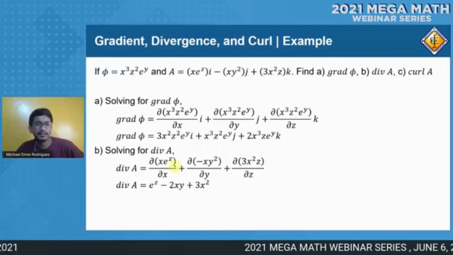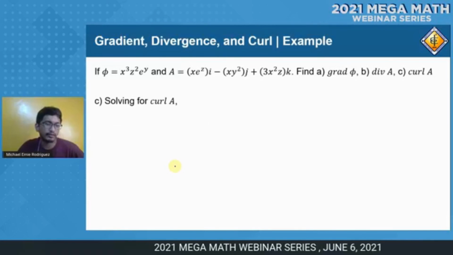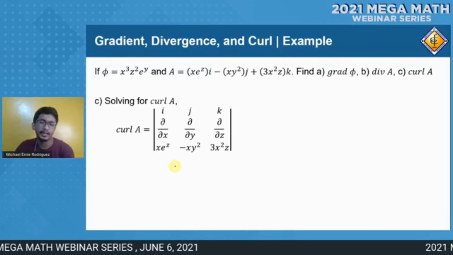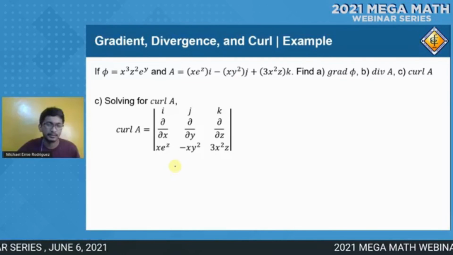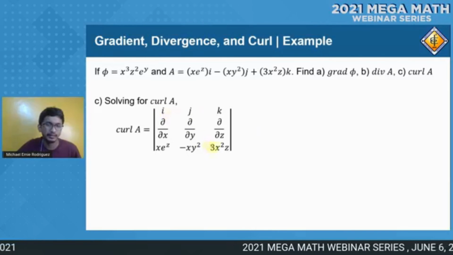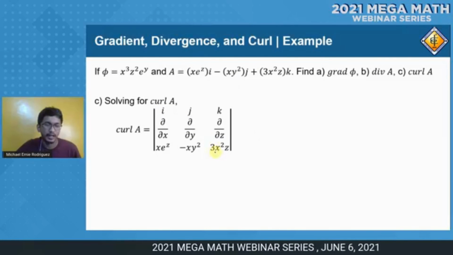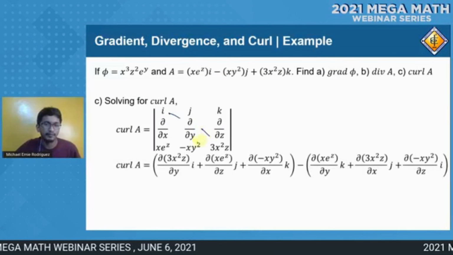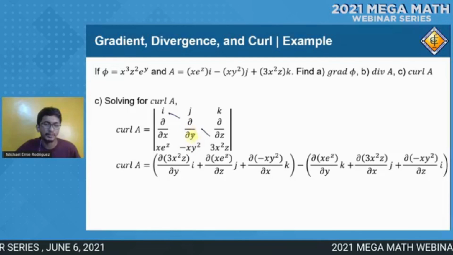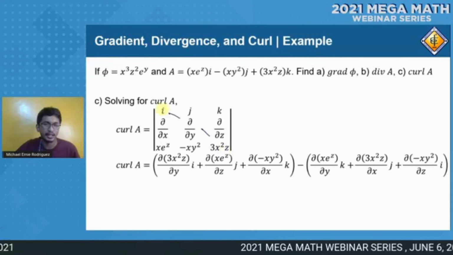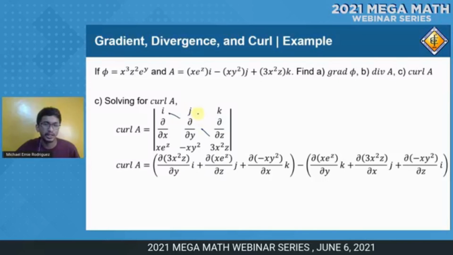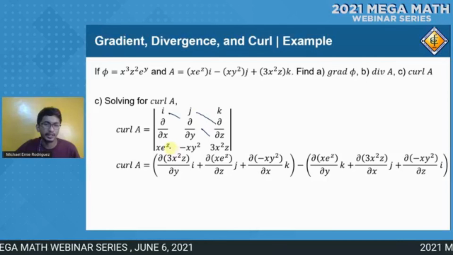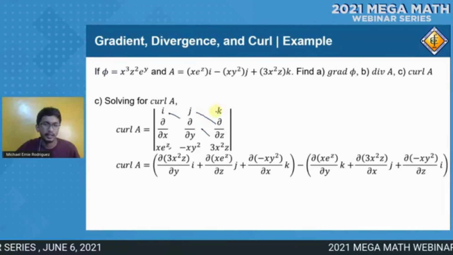And then last, okay, last na tayo. So solving for curl of A. Ito na siya ang problema. Matrix. So solve mo yung determinant. So ganun ulit ang process natin as in your solving determinants. So ito. So we have partial derivative with respect to y of 3x squared z times i. And then we have the partial derivative with respect to z of your x e raised to z. Ayan. And then we have